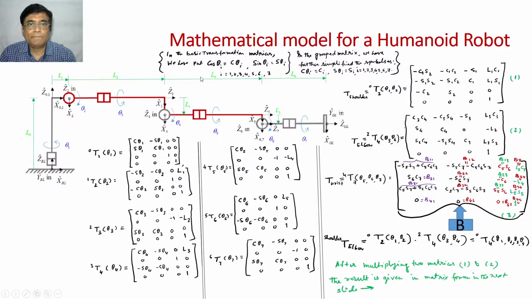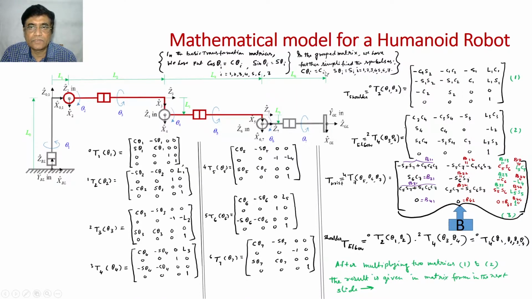Earlier we substituted cos theta i as c theta i and sin theta i as s theta i, as abbreviations. But in developing further, grouping among the matrices, which again means matrix multiplication, to make a cleaner expression,